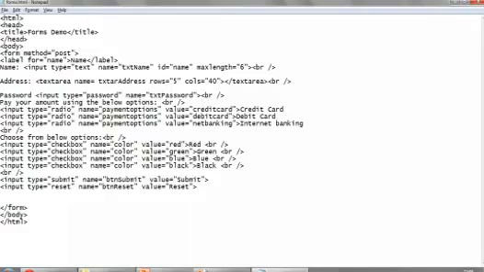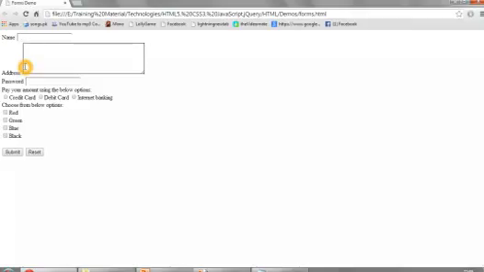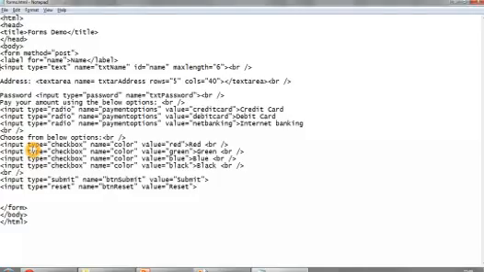So okay, I'll just remove the initial value over here, save it, and then press F5. Now there won't be much difference, but if you want you can put the label over here.